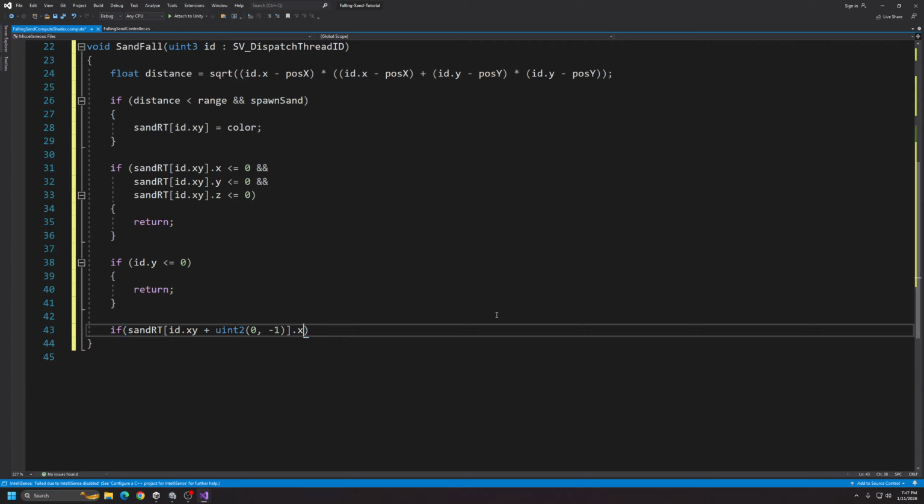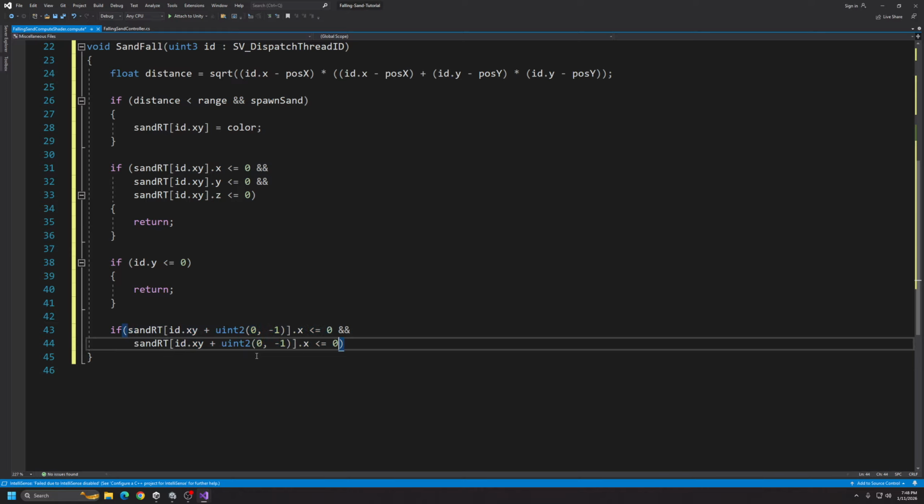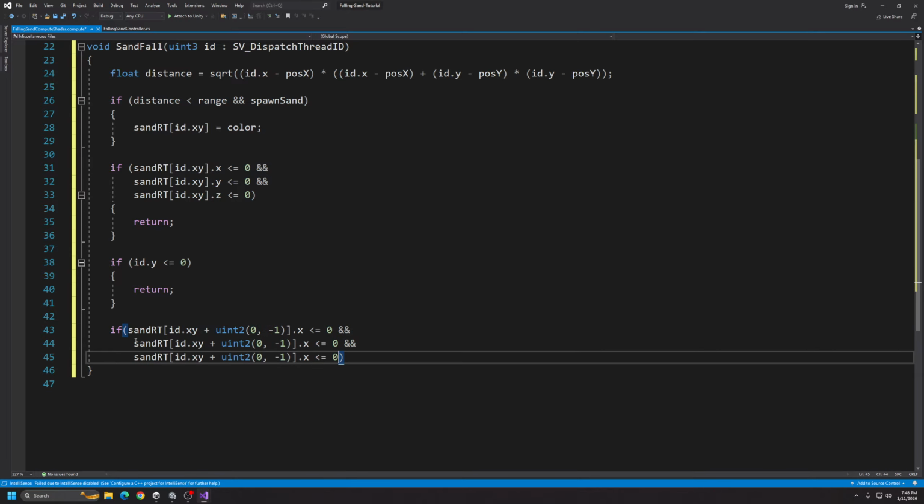If that dot x, so the red value, is less than or equal to 0, and the other values, so I'm going to copy paste a little bit here, but I want to check the y value and the z value. So red, green, blue, if all of those are less than or equal to 0,